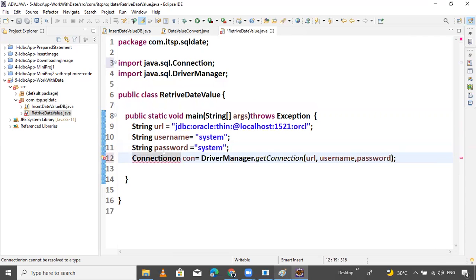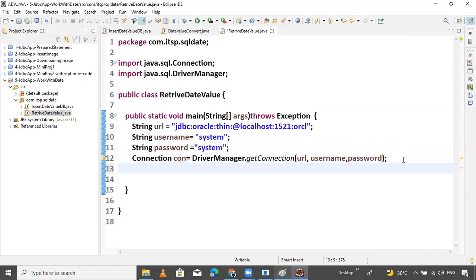Just import the package for connection. Now here you can write a query. Which type of query will I use? String retrieve date.